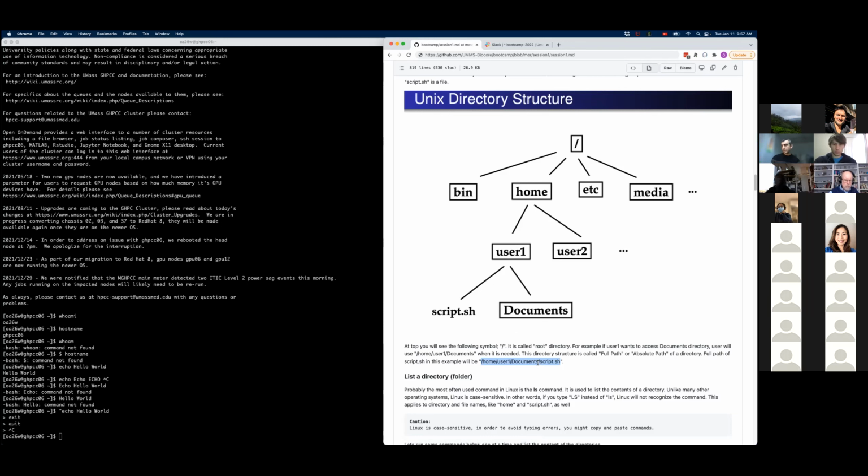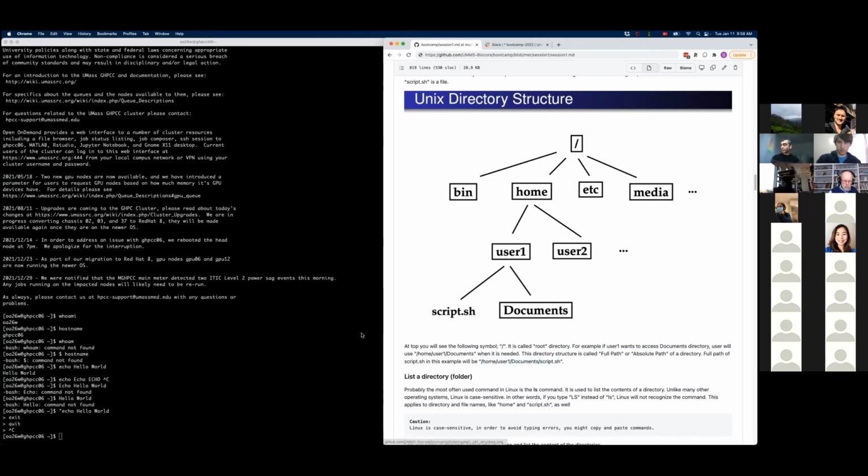But most of the time, it's a little bit arduous and annoying to type this entire thing. For example, if you are working within a directory for a certain analysis, you don't want to always say /home/user1, and most of the time there are actually more layers. You just want to refer to it as script.sh, right?